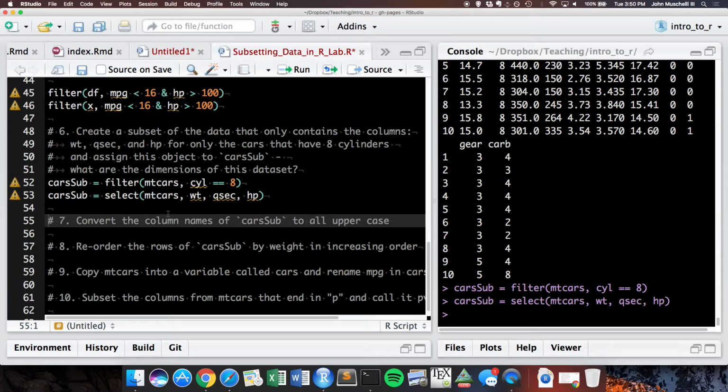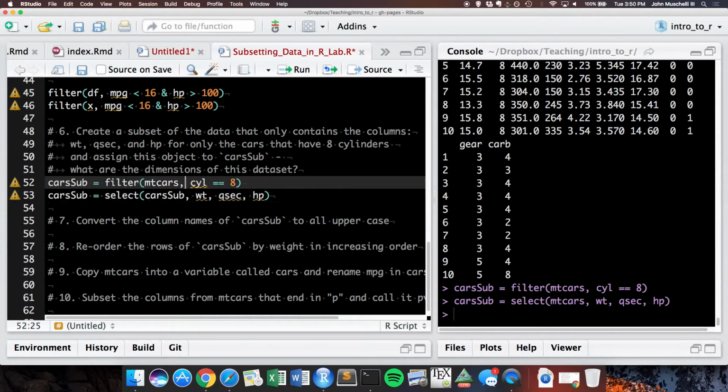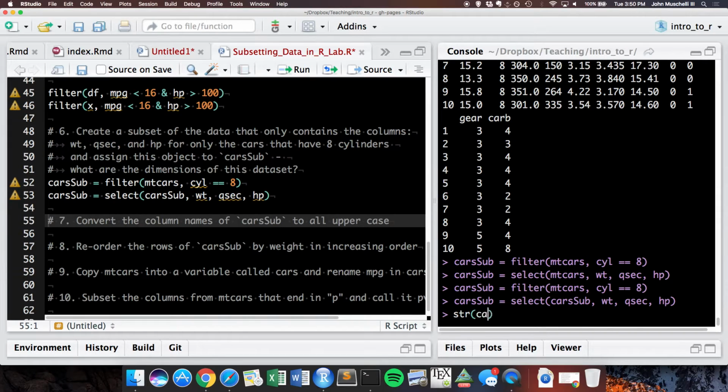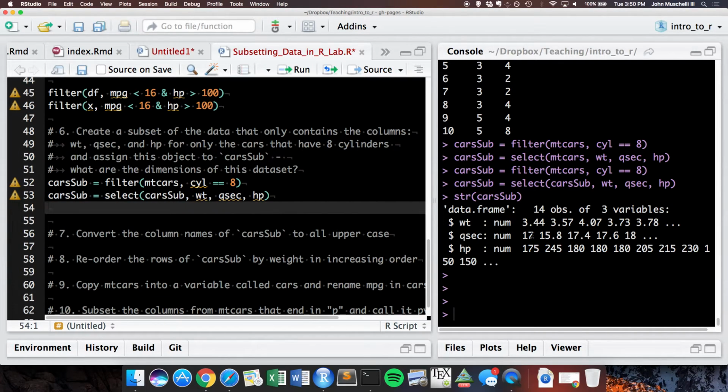Really, before we do that, car sub is filtered. What happens in this line? So we select these 3 columns. Yeah. But what are we selecting it from? From mtcars. So we want to make sure we put car sub in there, right? Because car sub is the subsetted one. So str car sub is one way to get some of the information, right? It'll say 14 observations of 3 variables, right? If we did that with mtcars, it'll probably tell us,